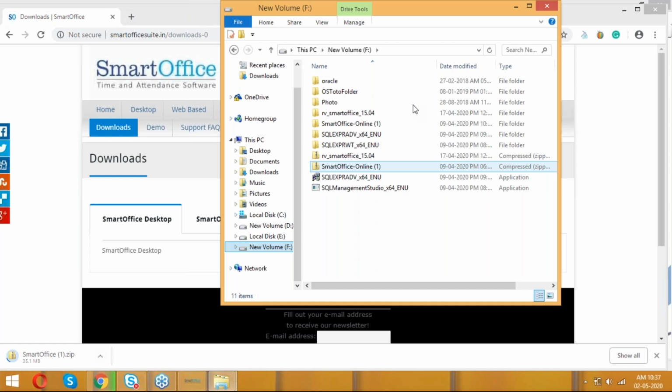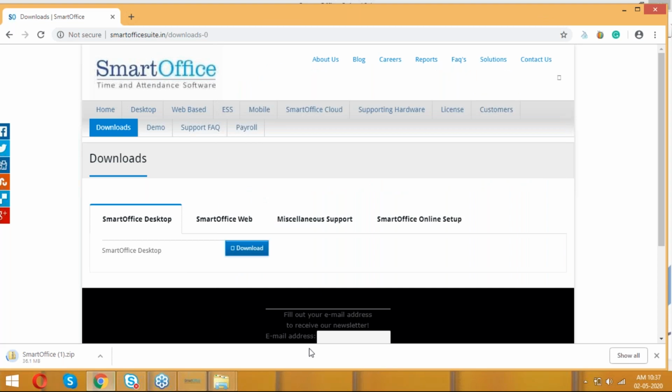In the desktop application, you'll have database types. Types of database you can attach: the default one is MS Access, and you can also attach a SQL database. SQL and Oracle are also supported, like Oracle 10g, 11g. For SQL, as usual, SQL 2008 and above, R2 Management Studio. So these are the SQL and Oracle types which it will support.